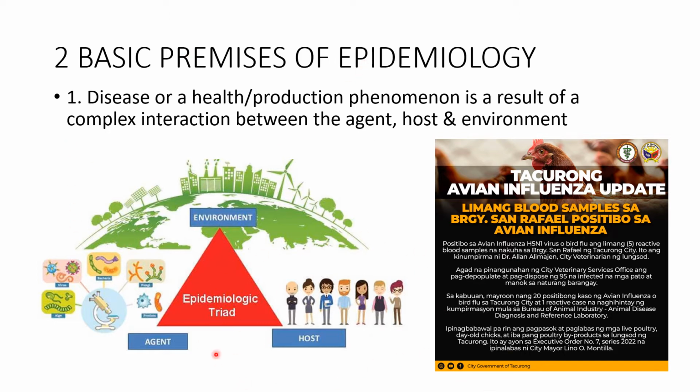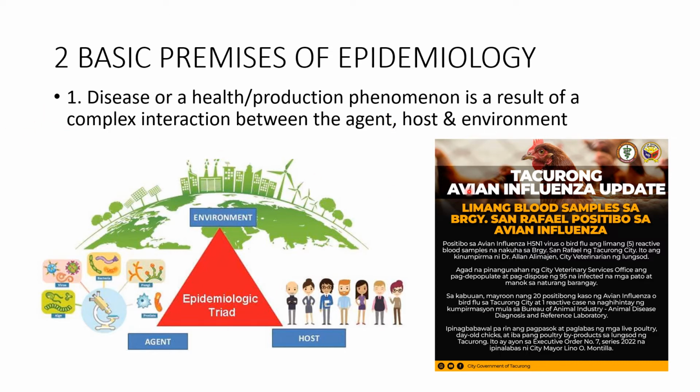And of course, in the host factor, we do not usually vaccinate our poultry against avian influenza. I do not think there is currently a vaccine for AI. So weak immunity of the host makes them susceptible to the agent, with the environment being conducive to the spread of the agent. So perhaps that interaction is the reason why AI occurred in Tacloban City. Again, the disclosure, this is just my intuition